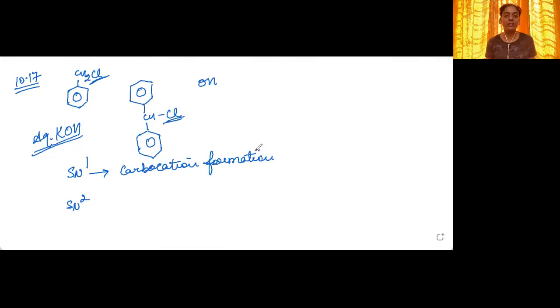During SN1 mechanism, a carbocation intermediate is formed. Greater the stability of the carbocation intermediate formed, faster will be the reaction. Now, in the first case, what will be the structure of the carbocation formed? It will be this one. Okay. In the second case, the structure of the carbocation will be